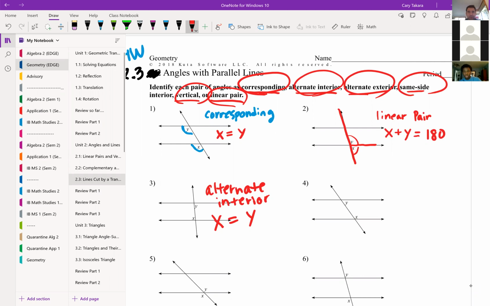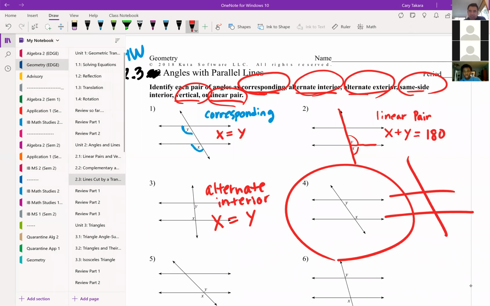How about number 4? Maybe it might be a little bit hard for some of you to recognize, but I think you will get better at it. Just keep trying. Okay, so again, draw that diagram. Just two lines, transversal. Here is a Y. Here is an X. Now, what do you call that? They are called